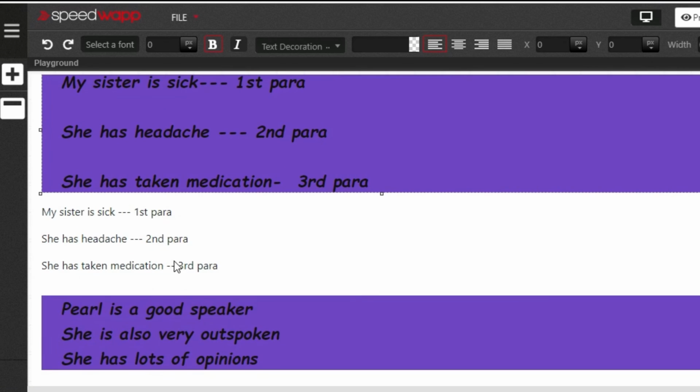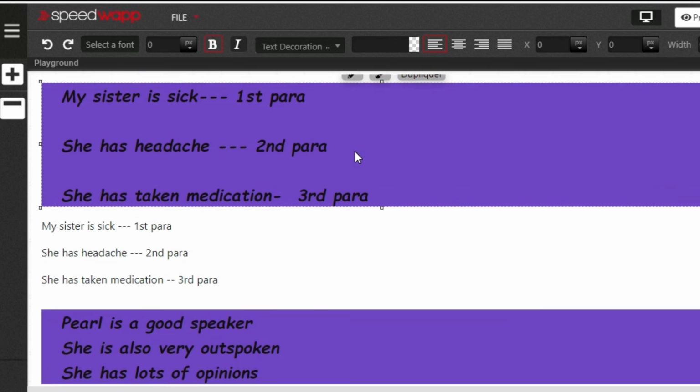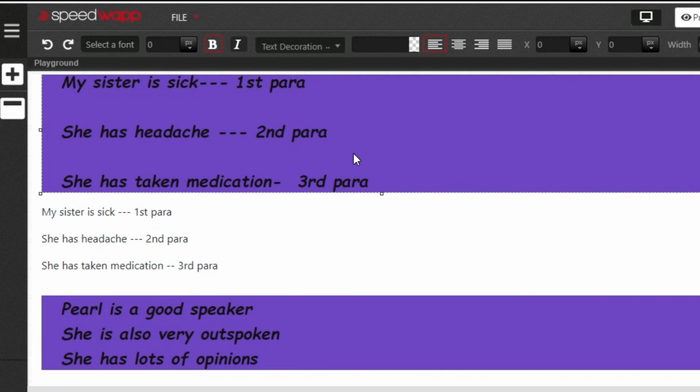Exactly. So you can see that whatever style that is here has been affected onto this particular paragraph. Now the text size is the same, the background color is the same, and also the bold, italic, everything is the same. Okay, now that is how to duplicate style, or that's how to transfer a particular style or design from one